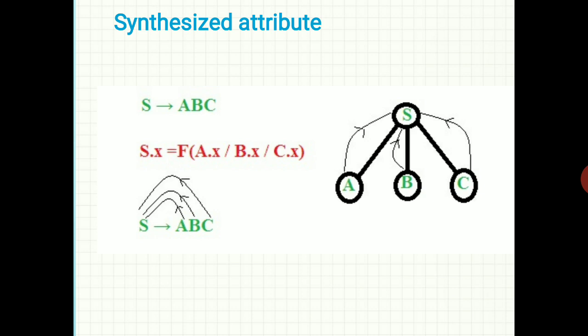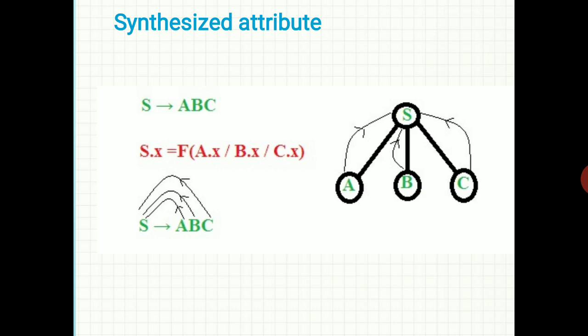Here you can see the direction also in the parse tree. The value of S is calculated either from A or B or C. Or we can say that the synthesis attribute is an attribute of the non-terminal on the left hand side of the production. That is, in all the cases, if a particular production is a synthesis attribute, then it evaluates the left side of the production. That is, here S, that is the case.